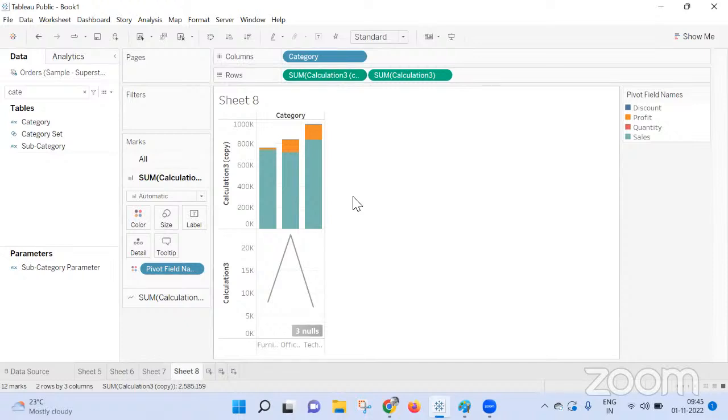Again, I don't see a possibility with a side by side bar chart even this way. Here I got these three. Now I need to get a side by side bar chart. So to get a side by side bar chart,